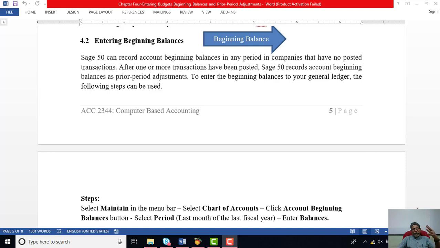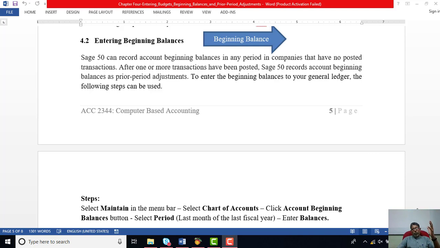Then automatically, when you do the transactions, your current financial year's first month transactions will get updated and you can see another trial balance prepared by the system. So anytime you want to look at the beginning balances of the company, you will be able to do so by going back to the last financial year, last month.